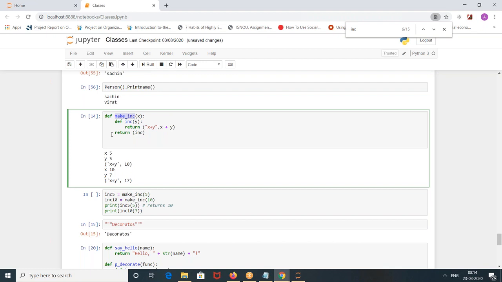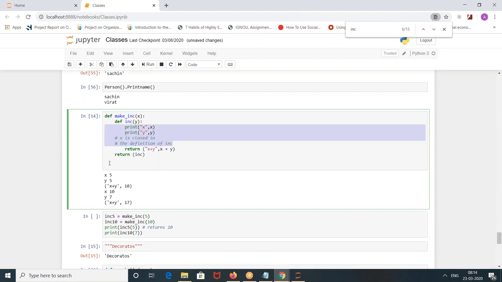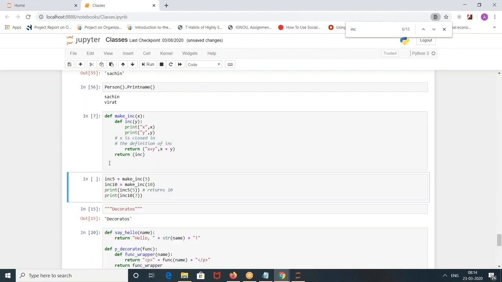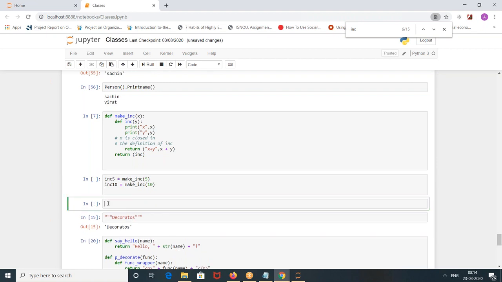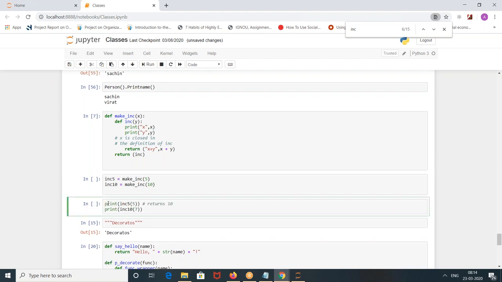When you run this, let's put back the print statements for your understanding. Now you run this. Okay, this is run. Now it is a bit tricky, so just concentrate on that. So making of 5. Let's go with making of 5. Is this 5 x or y? Which one is it?